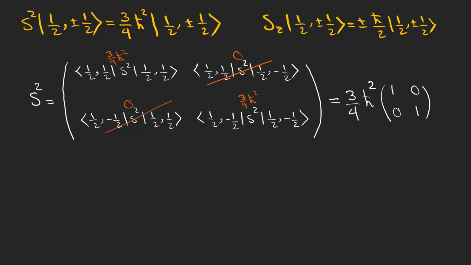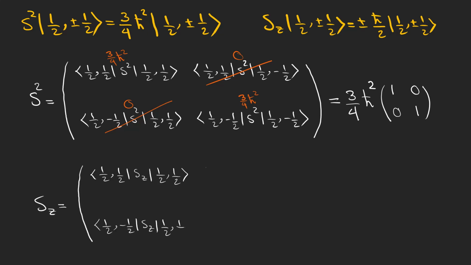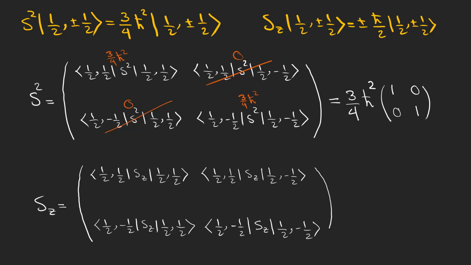We can simplify it using 3h bar squared divided by 4 as a coefficient of a matrix, which is clearly an identity matrix. We can do the same thing for the operator related to the z component of spin. Again, there are two 0 elements because Sz doesn't change the kets, and there are two non-zero elements on the diagonal, one of which is negative because when Sz acts on minus half, it creates a negative sign. So we have another beautiful matrix, which is obviously not the identity matrix, but with non-zero elements on the diagonal.